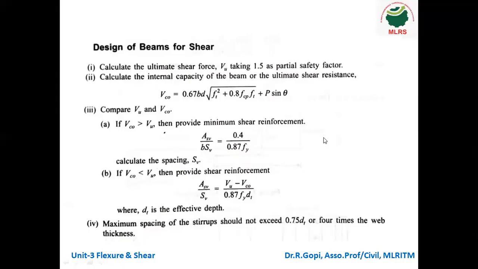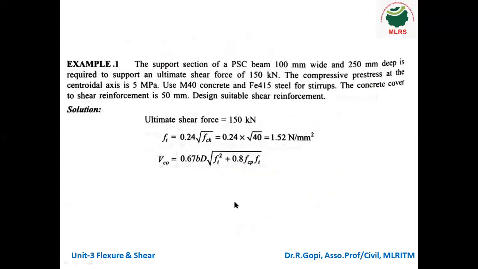Now students, you can see design of beam for shear. Whatever we discussed just now in the code book, the same formulas I have written here: VC naught, cracked in flexure, uncracked in flexure, minimum shear reinforcement, and spacing, everything. Let us see the first problem, how to design. The first problem is a very simple problem using a rectangular section. Now I will read the question.